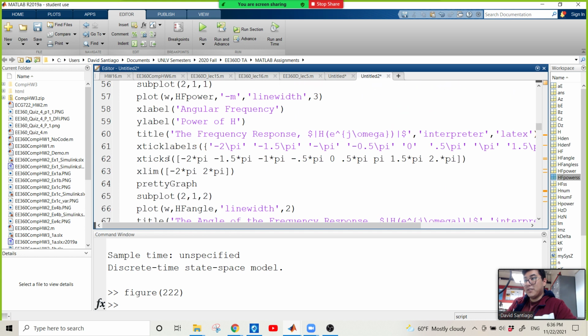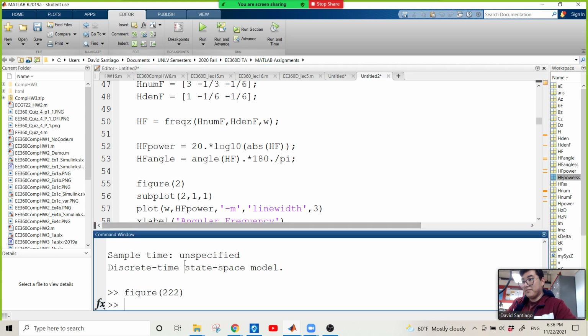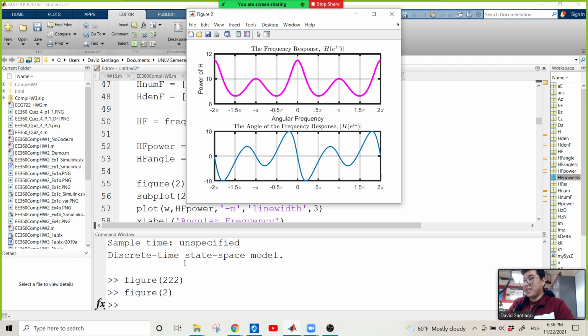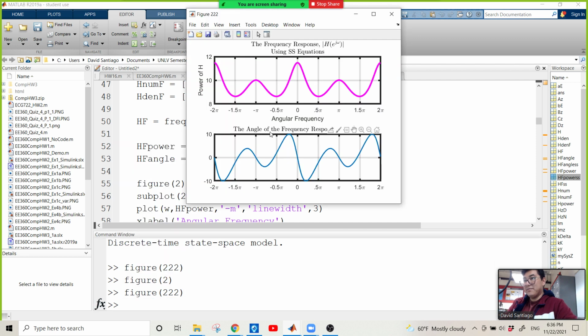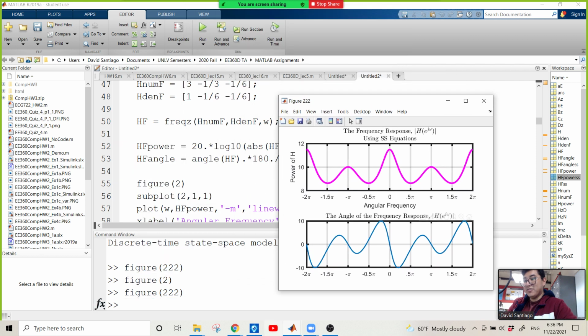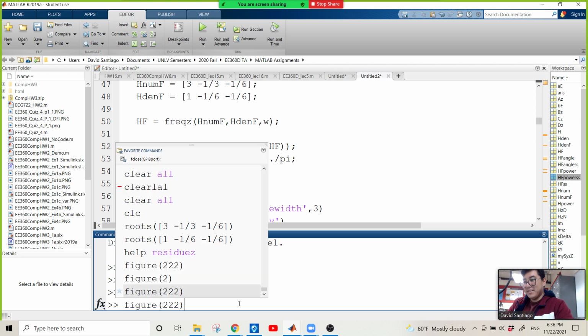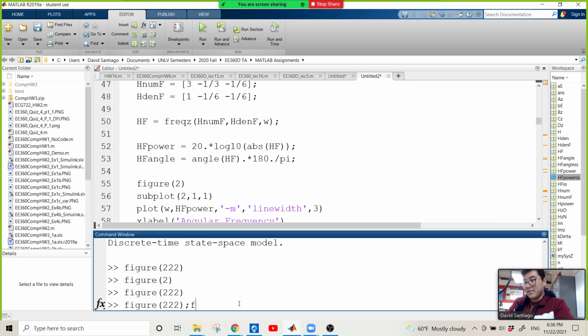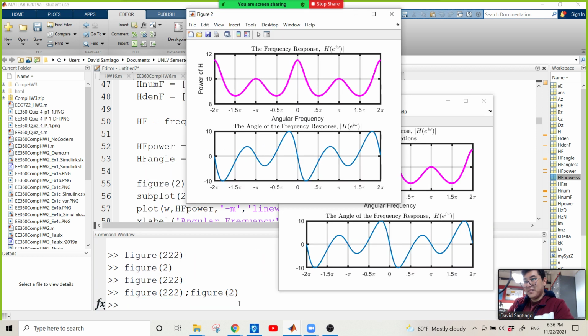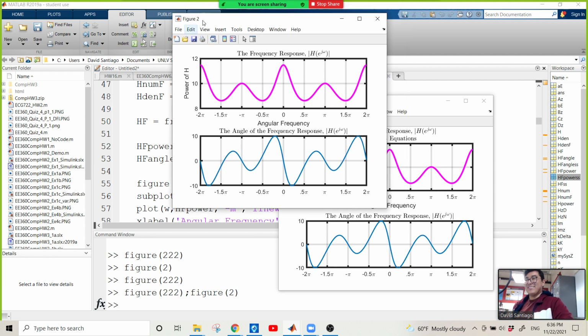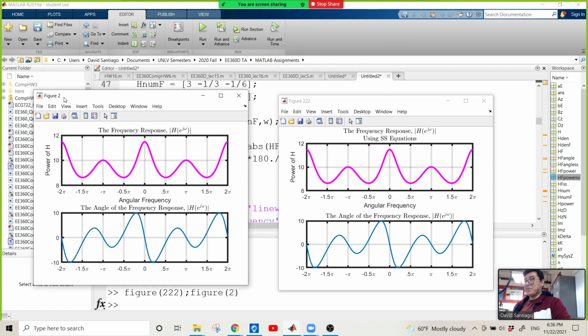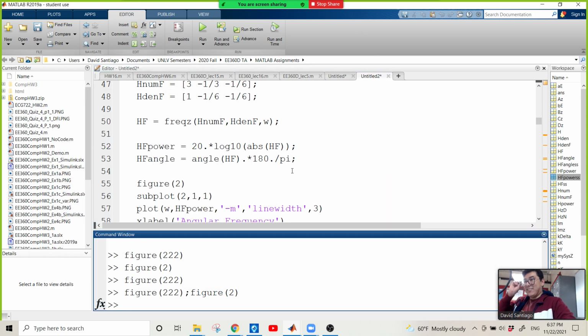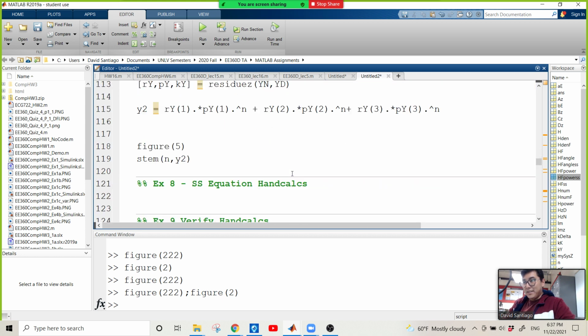Okay, figure 2. Cool, right? Calling the other figure. Oh, it won't let me call 2 figures at the same time. Hold up. Figure 2. Ah, it does work. So this is from the first part, and then this is the state space equations. Do they match? Congratulations. Now you're getting somewhere. And now,